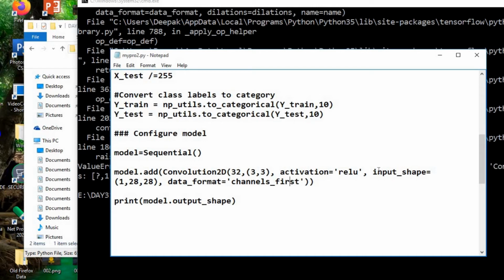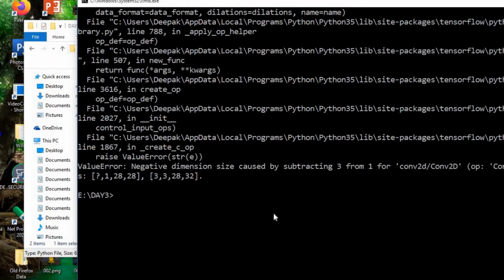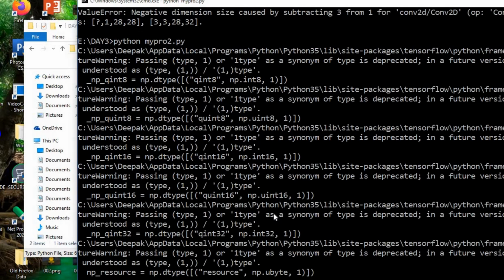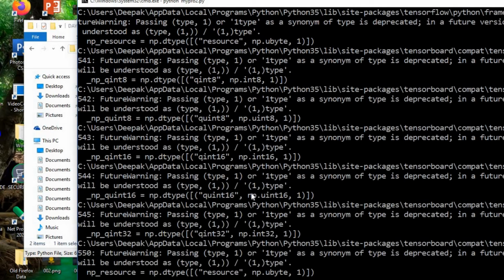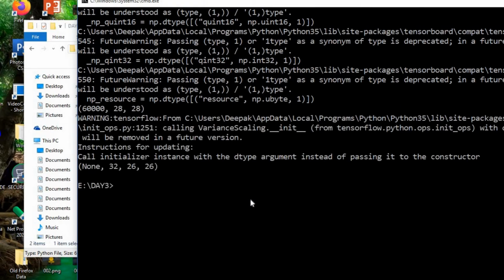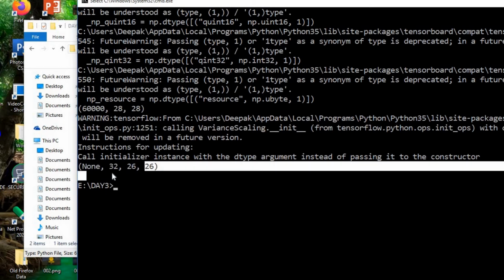So data underscore format is the argument which has been assigned the value channel first, because the first dimension of the input data is responsible to define the number of channels in the image. So now the error will get resolved.